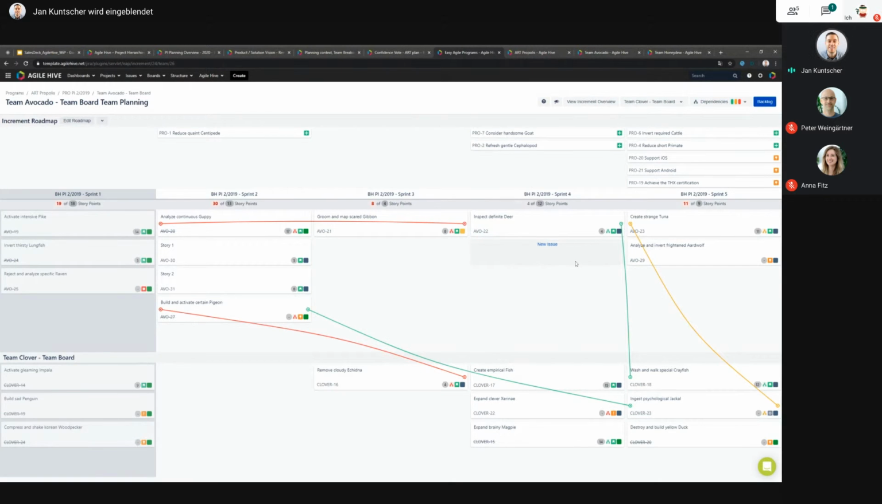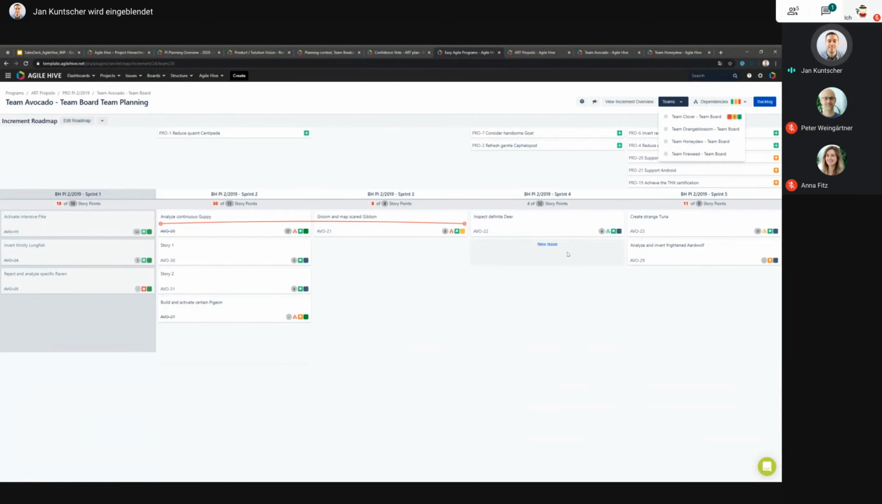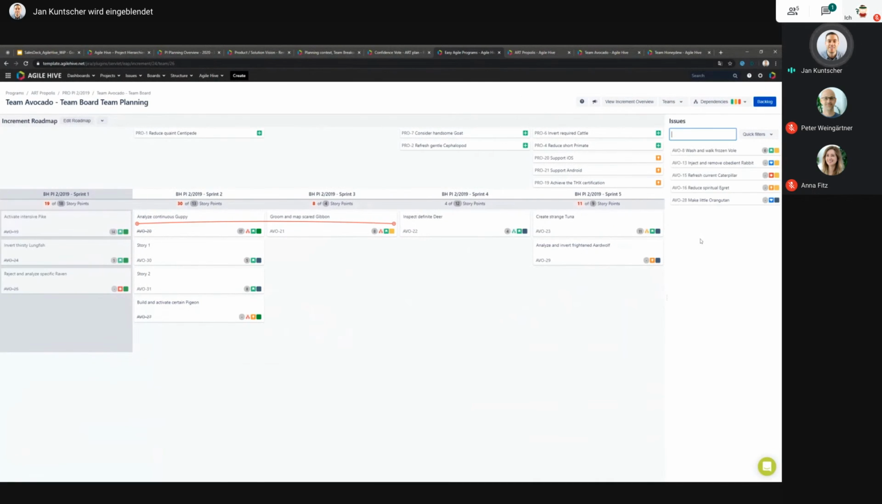Maybe, as a product owner of a team, you already created stories before the PI planning. Of course, you're able to display the backlog of the Avocado team, in this case, and you can drag or insert those